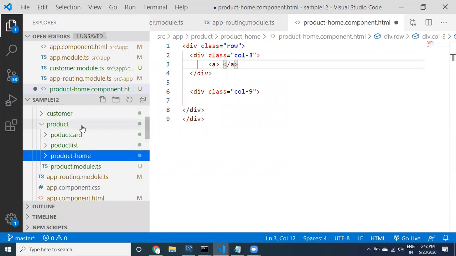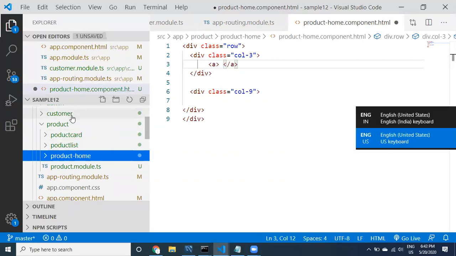In the product module, what are the components available? Product card and product list. Two components are available in the product module.